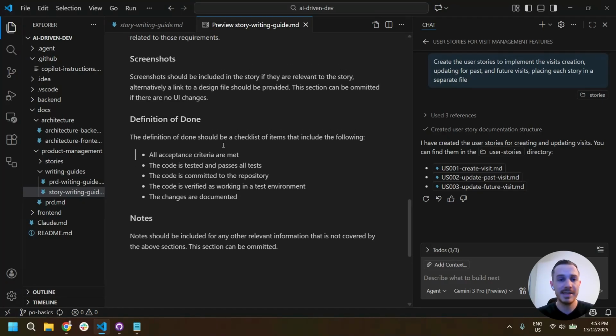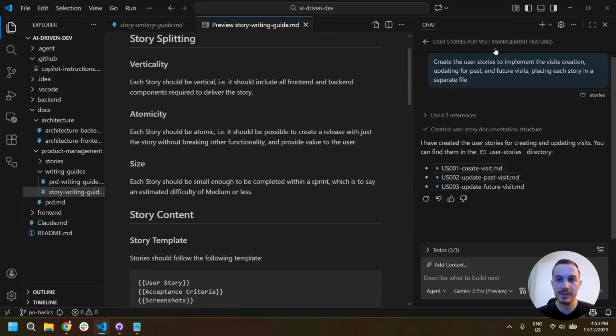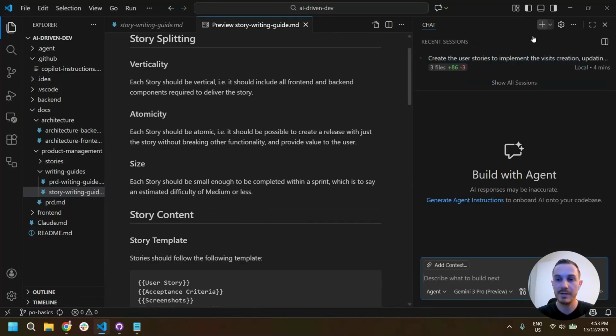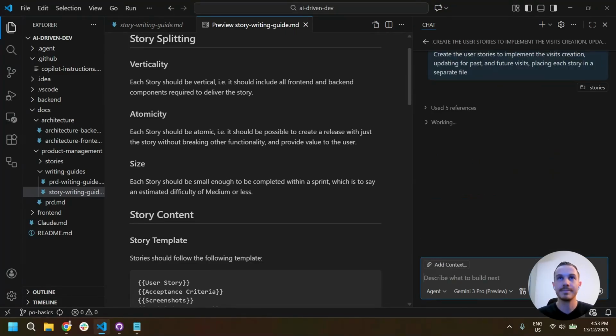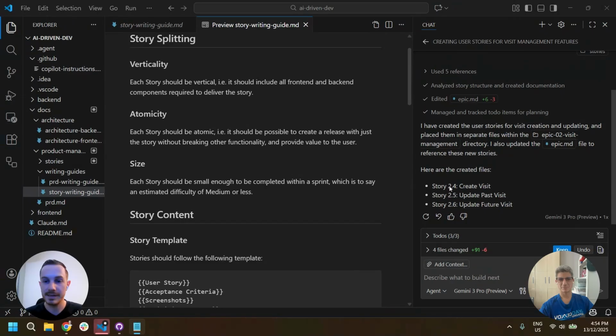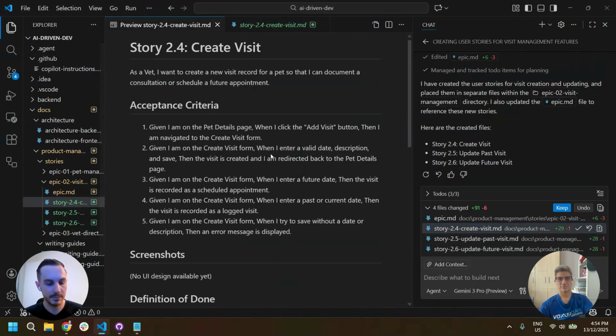Now, let's see with this context how the agent does with creating the stories this time around. So I'll create a blank context so it doesn't get confused and ask it to do the exact same thing. And we'll be right back once it finishes doing this. Okay, and we're back. That's now created these stories. Let's see how it did.